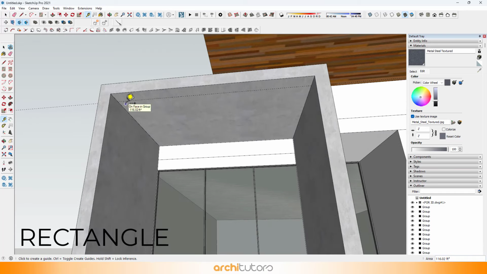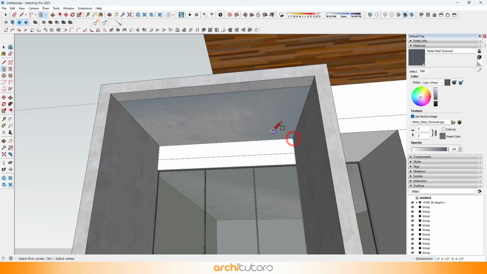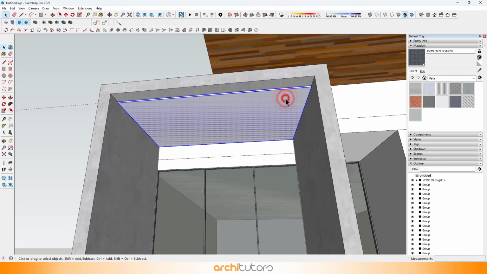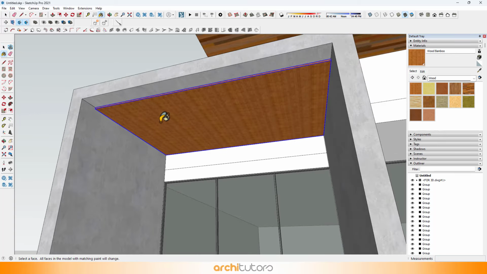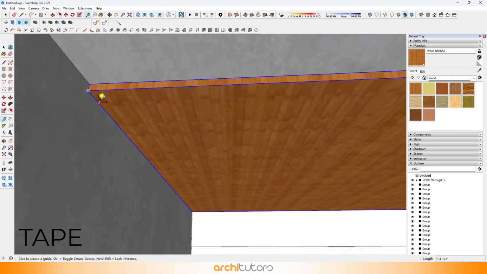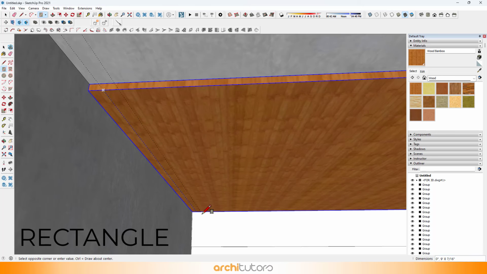Let's add some wooden ceiling to the balcony. Use a box. And add a number of wooden fins on the bottom of its surface.